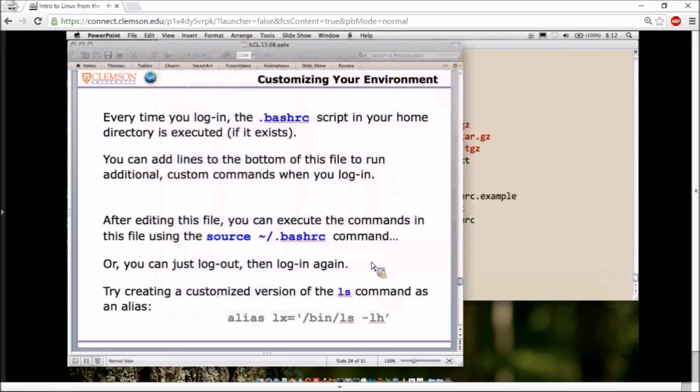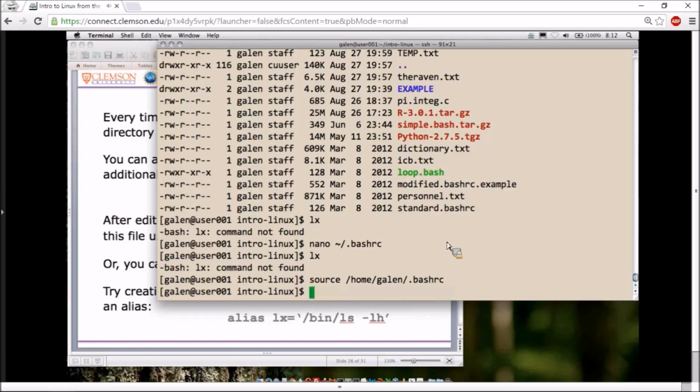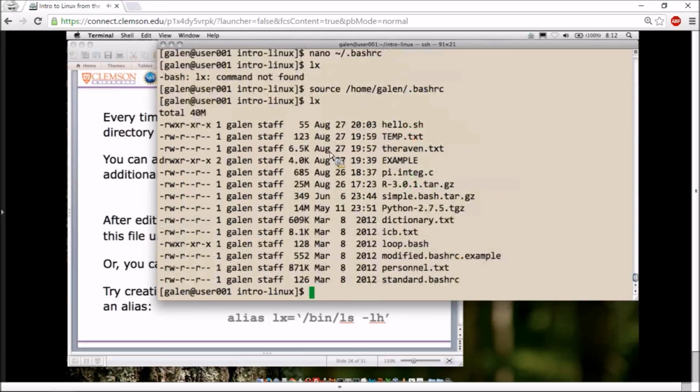And the way to do that is, as outlined in this slide, I need to use the source command. Source will execute my .bashrc file as if I just logged in. And that's what the bashrc file does. It's just a script file that's executed every time you log in. And instead of having to log out and log in again, which I could do, instead I'm just going to use the source command to read that file. And now it's been read, and now I should be able to use the lx command. And there it is. And that's how it works. So I've just created a new command for myself called lx, and it's just a modification of the pre-existing ls